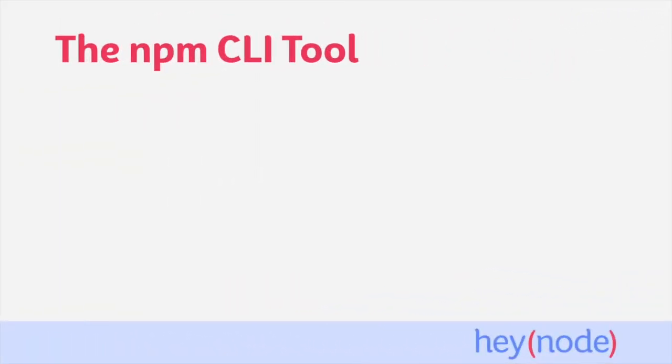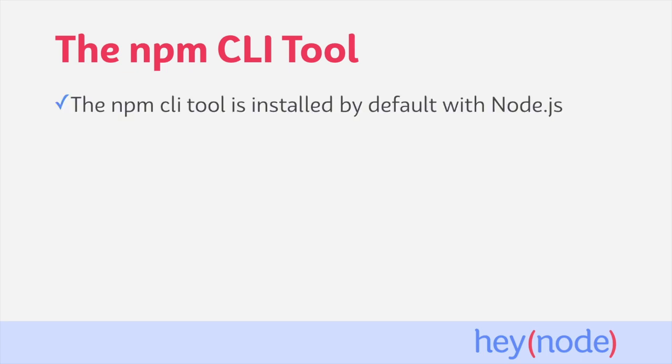Now that you understand what the npm registry is, how it helps us, and how to find packages to download, let's look at how we interact with the registry using the npm CLI tool. When people talk about npm in the context of installing dependencies or developing an application, there's a good chance they mean the npm CLI. The npm CLI is the default package manager that comes bundled with Node.js. When installing Node.js, the npm CLI is installed by default.